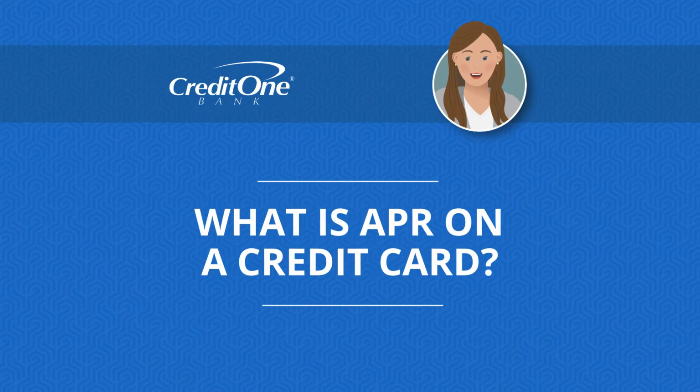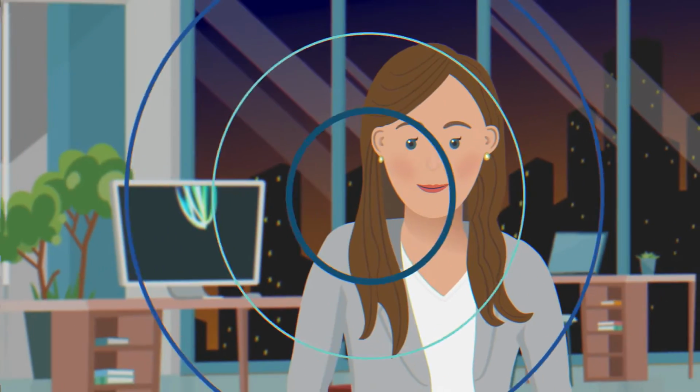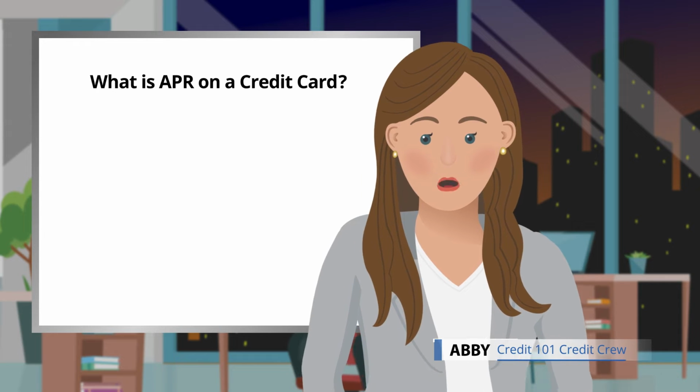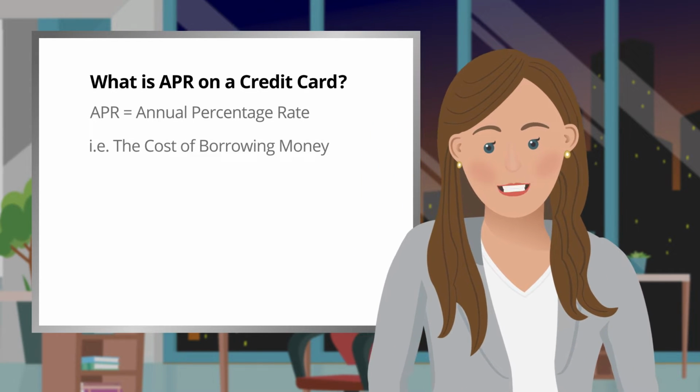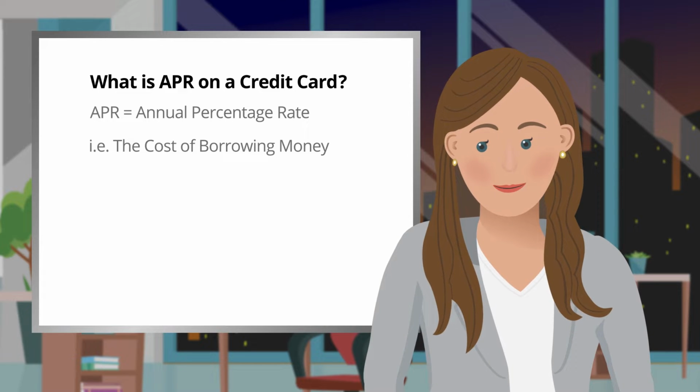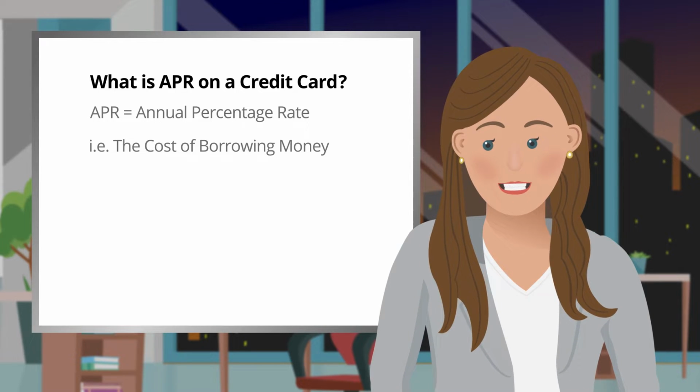What is APR on a credit card? APR stands for Annual Percentage Rate and represents the cost of borrowing money. With a credit card, the higher the APR, the more you can typically expect to pay in interest if you